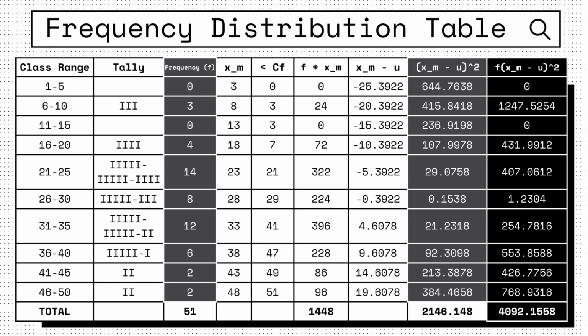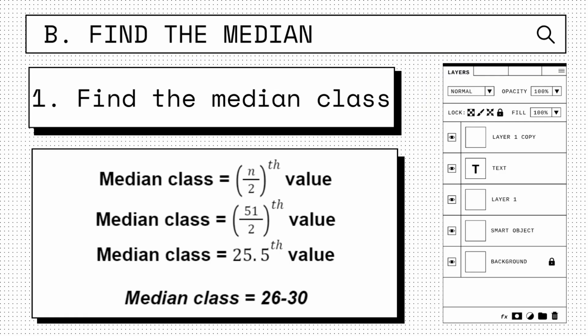For the 10th, or the last one, we have 2 times 384.4658, which is equal to 768.9316, totaling a number of 4,092.1558. Now that we have identified what needs to be located in the frequency distribution table, we will now find